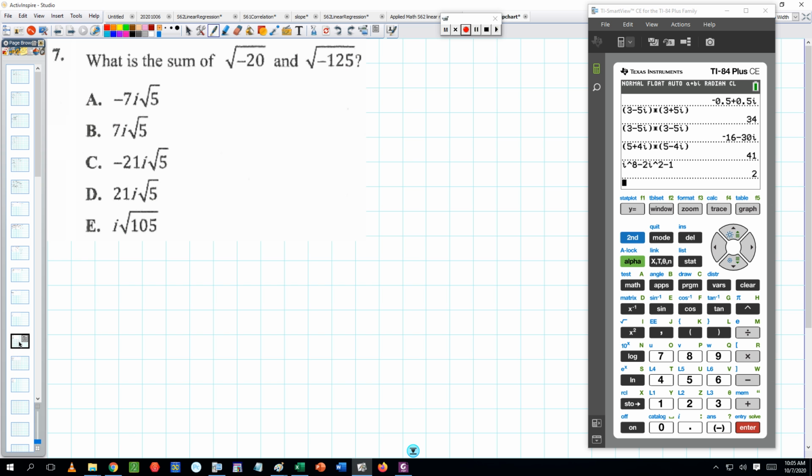Number 7, what is the sum? Second square root, negative 20. Sum means you're adding. Make sure you close that parentheses there. Plus second radical, negative 125. Gives me